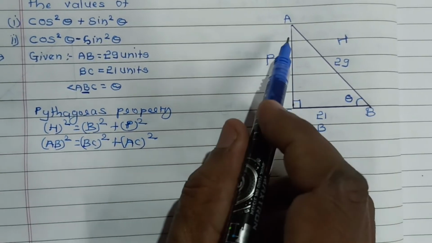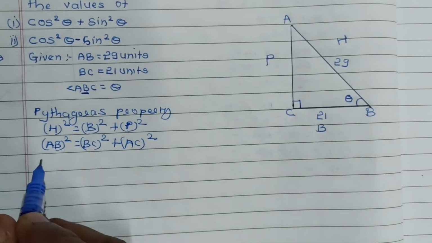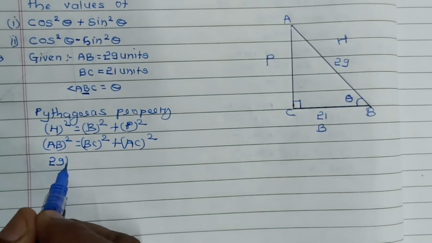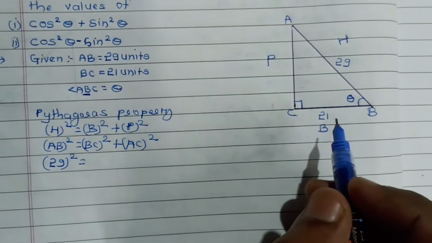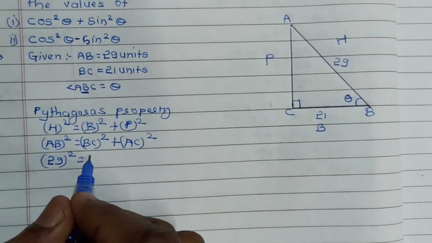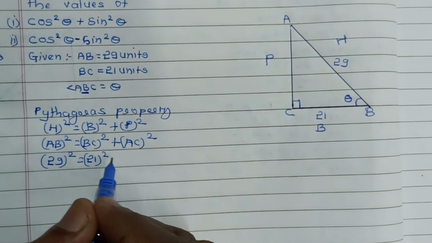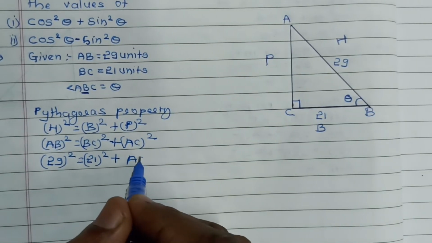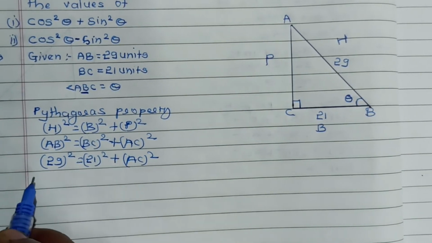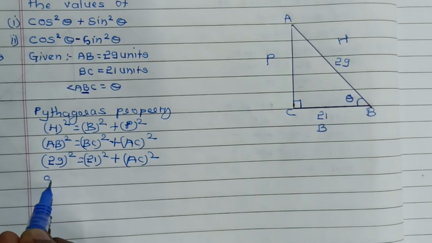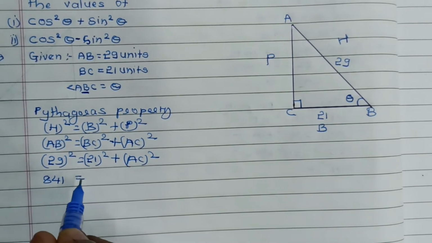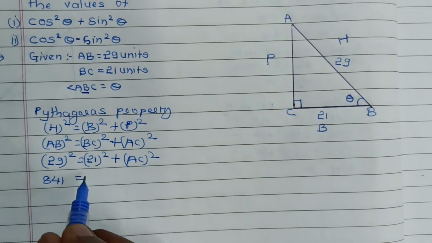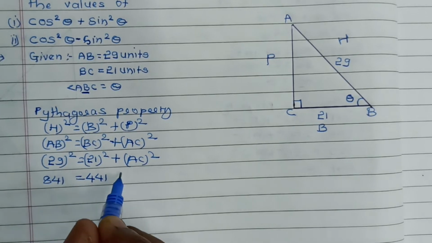So what is AB given? 29 whole square is equal to BC is 21 whole square plus AC is you have to find out. So 29 square is 841. What is the square of 21? 441 plus